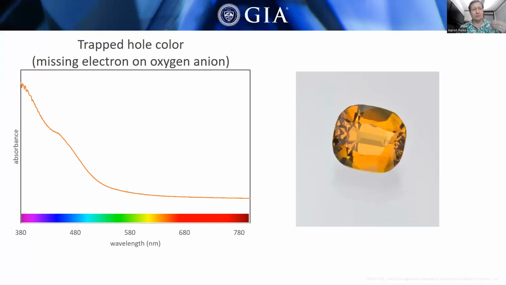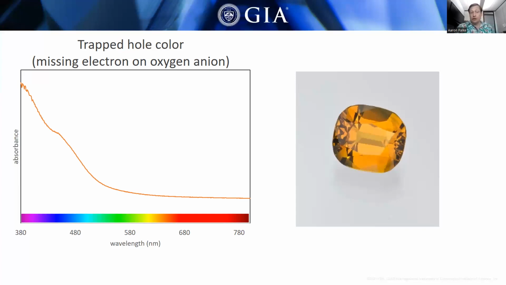Now all of a sudden, as I mentioned previously, oxygen doesn't absorb light in corundum, but when you take away one of its electrons, it becomes electronically active and it can start to absorb light, and it can absorb light very strongly. So magnesium in a corundum structure can cause these trapped holes, which are basically missing electrons that can absorb